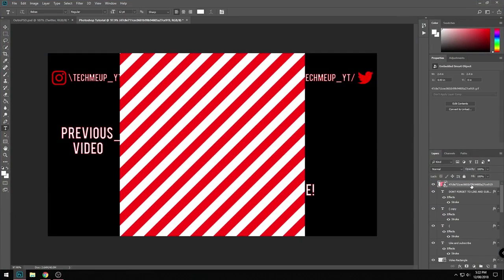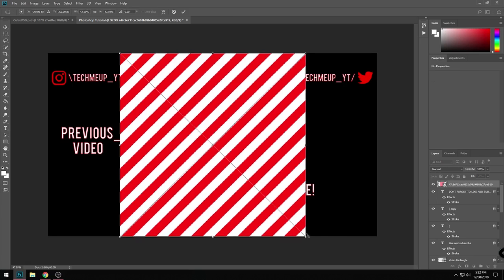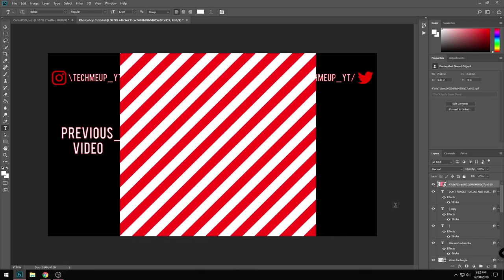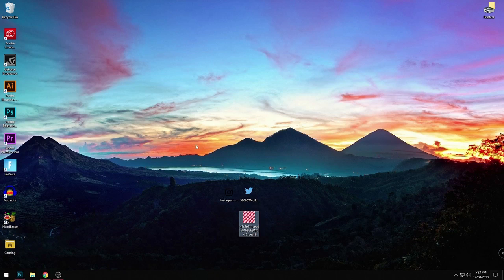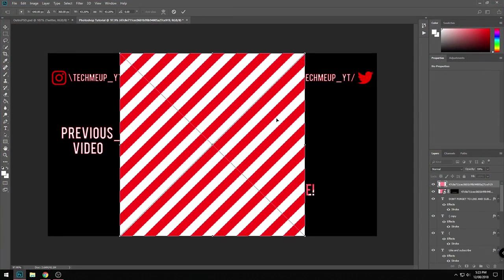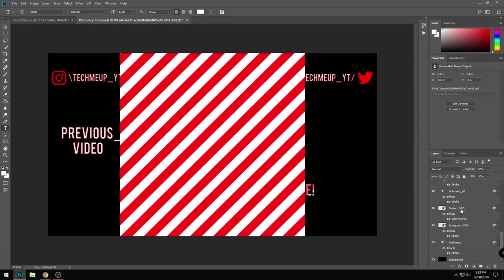Bring that to the top, and then hold Control and press the text. Let me just increase this size. Control, and then press this layer mask thing, it'll put it inside the text, and then you can repeat this for every text. I'll do it for true, cause